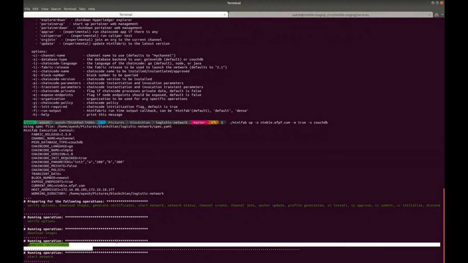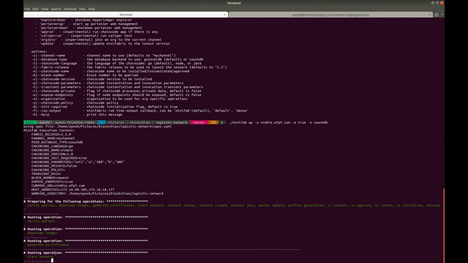So for the moment, for this simple sample chain code that they have defined, they're trying to call the init function with these parameters. So I'll show you what will happen in the next phases when we try to deploy our service, our contract. So it has generated all the certificates, and